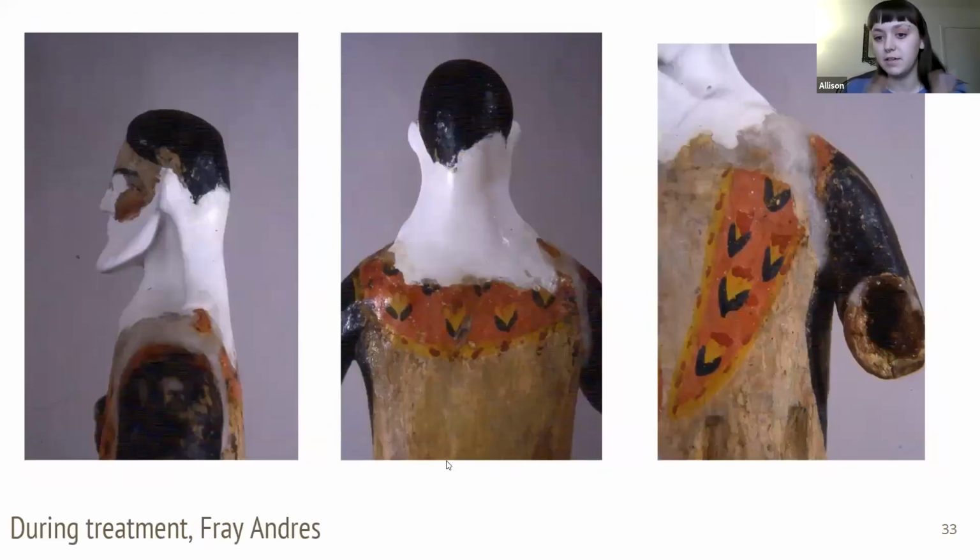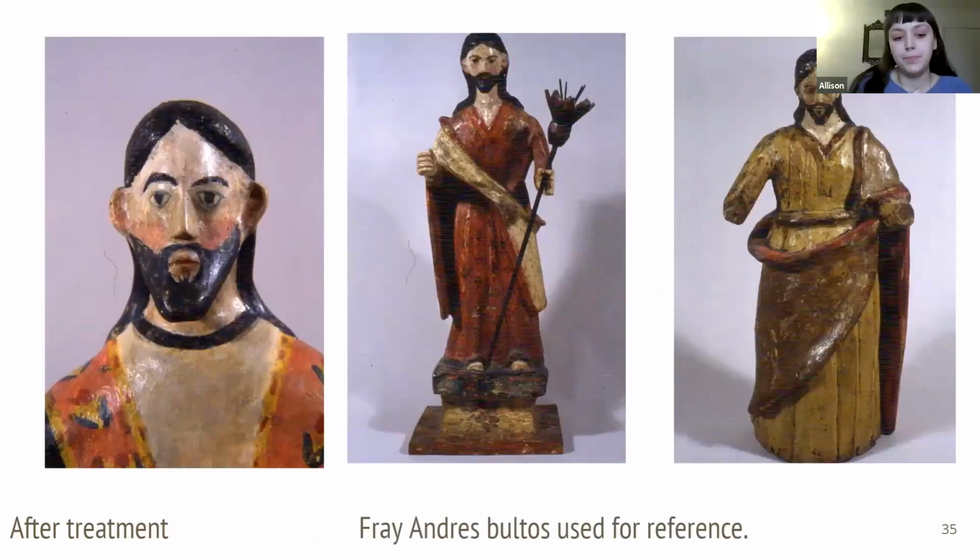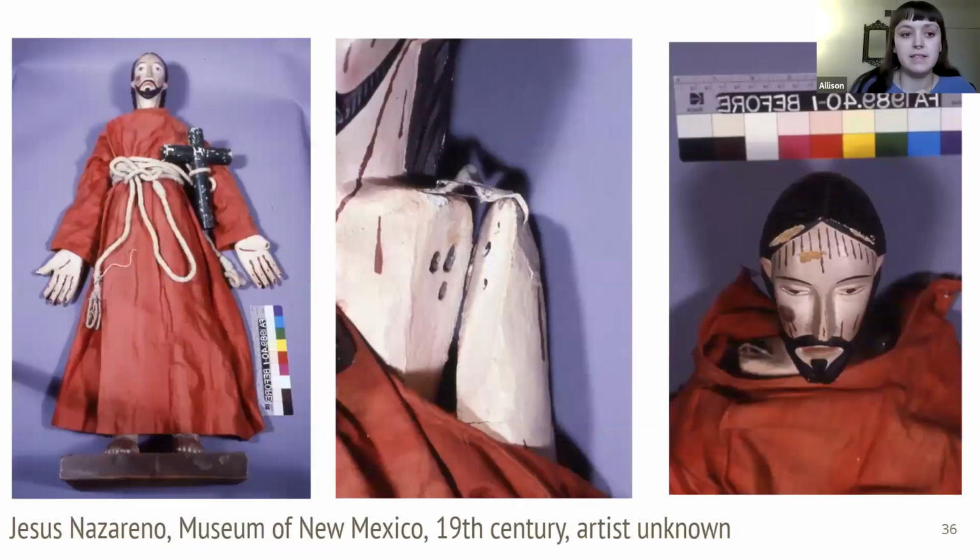I wanted to interject with the question because I know that this is a heavily contested concept and idea. So I'm going to go on to another item. This is Jesus Nazareno from the Museum of New Mexico from the 19th century. I just wanted to include this because it shows the repainting of these objects. Keith said that this object didn't need any work, but he was able to take historic paint samples from a hidden location